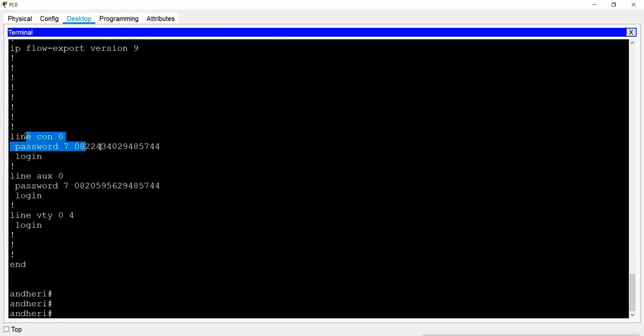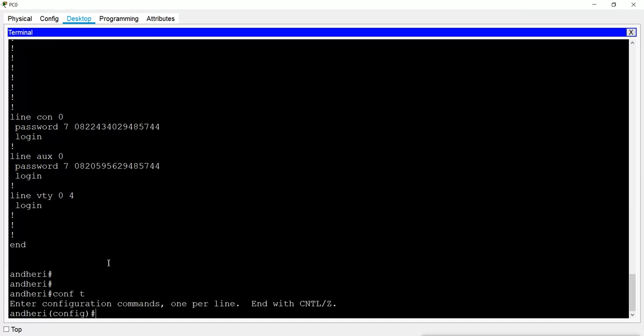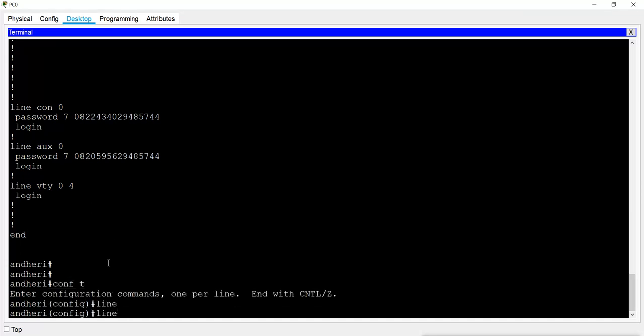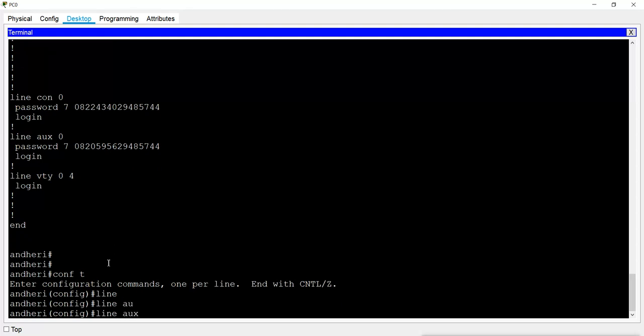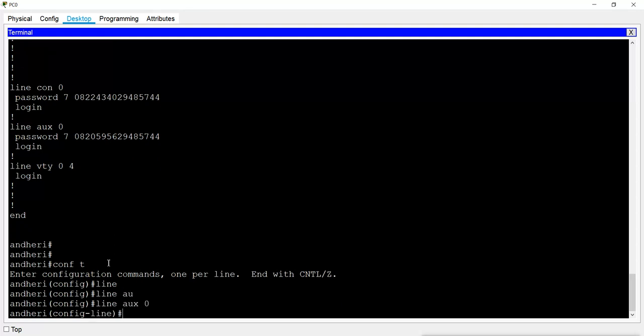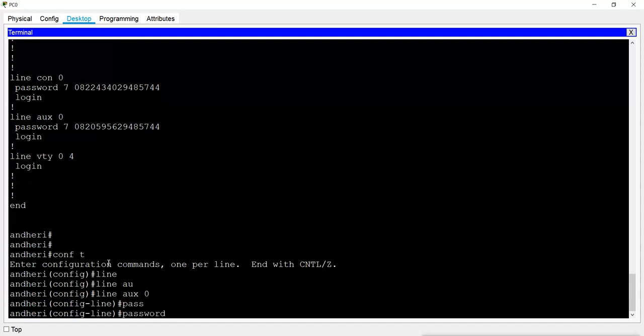Now remember where you give these passwords. For example, for the auxiliary password, I went to the configuration mode, then I went to line aux 0. Now here in the line mode I used the command password to assign the password, and the value was like this.